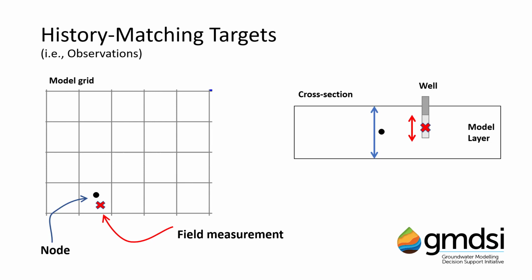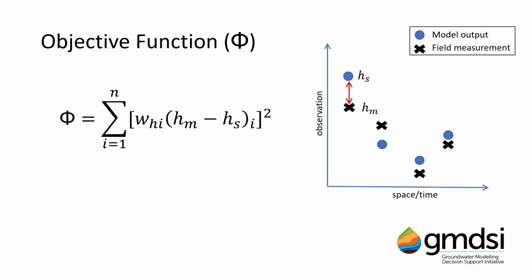In practice, target uncertainty is usually assumed based on a modeler's subjective estimate of the measurement error, and thus representing the uncertainty of the target observation, assuming a perfect model. History matching is usually implemented through minimizing a so-called objective function. The objective function can be defined in many ways. Perhaps the most common is the sum of squared weighted differences, or residuals, between model outputs and field measurements.